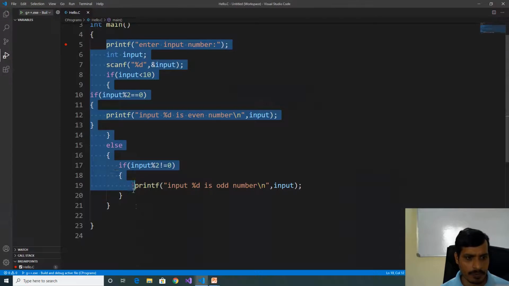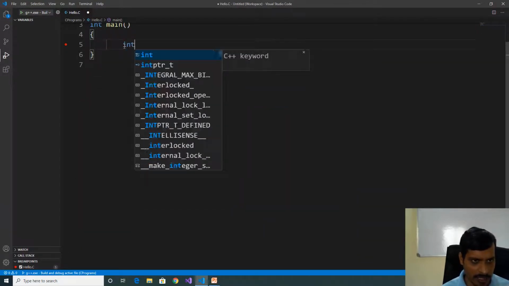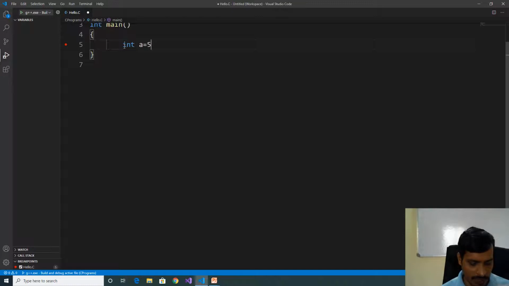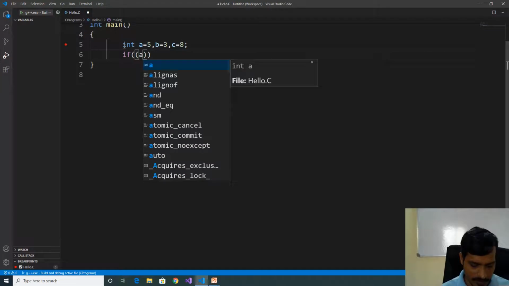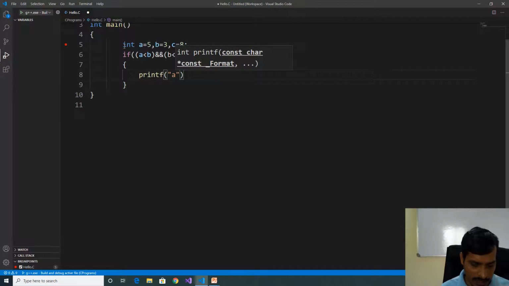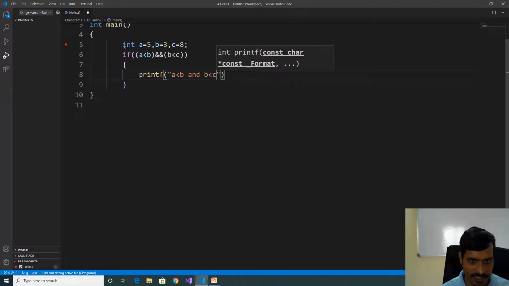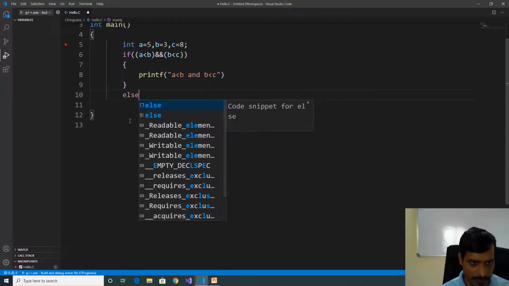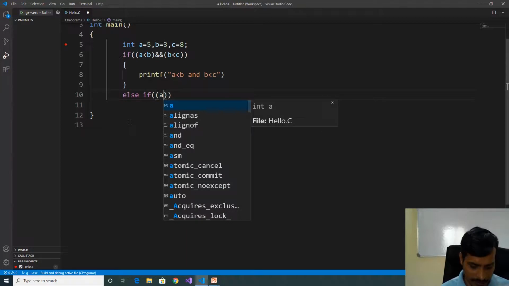Remove this code. Provide input. Here int a equal to 5, b equal to 3, c equal to 8. If a less than b and b less than c, printf a less than b and b less than c. Else